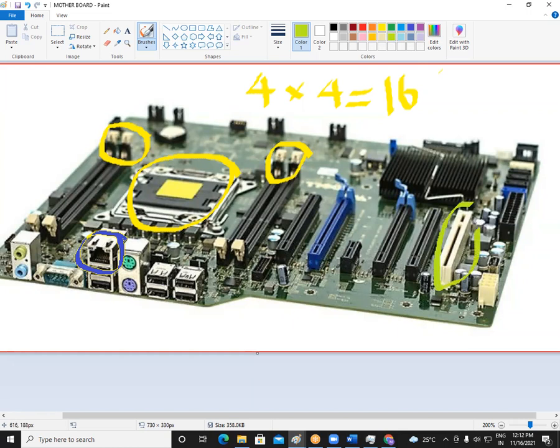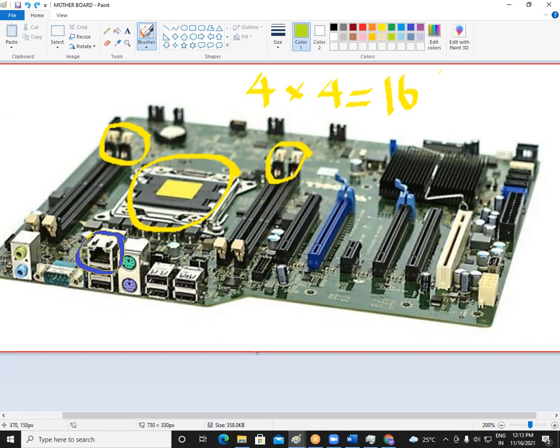This is called the PCI slot, peripheral component interface. Here we can put this NIC card, so then there will be 2 NIC cards in a single computer. Suppose this NIC card is not working for some reason. Instead of taking the complete computer to the service center, or repairing this NIC card, we can just buy a NIC card. This is called the inbuilt NIC or onboard NIC. We can take a separate NIC card and put it here, and again the machine can be connected to the network. So whatever NIC card is there by default, if you want to add one more, we can add one more NIC card there.